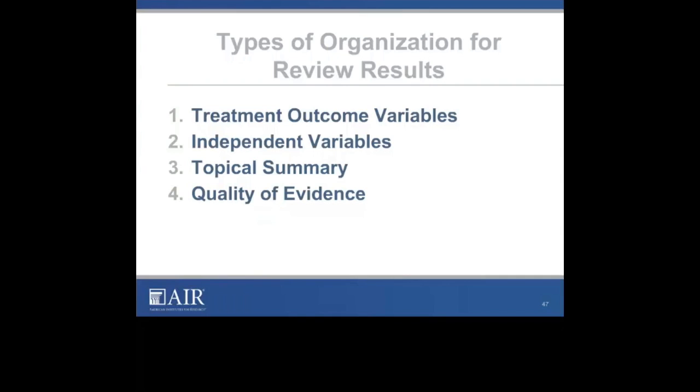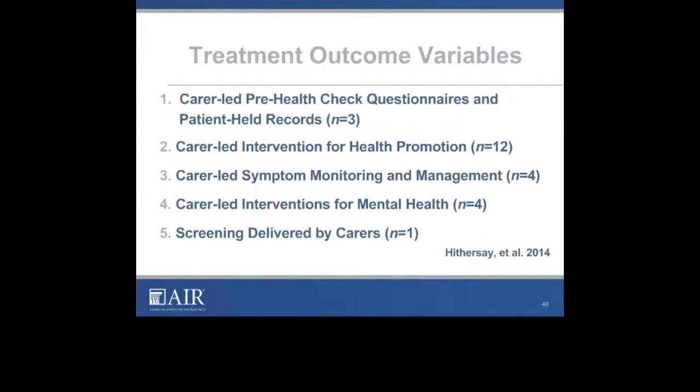So there's three here. The fourth one is my own observation, so let me just point to three. Treatment of outcome variables, independent variables, and topical summary is a classification, if you please, that I've given to the ways that most often, I'm not suggesting there are no other types of organization for scoping reviews, but these are ones that are fairly common, and so I want to run through them and show you a quick example of each.